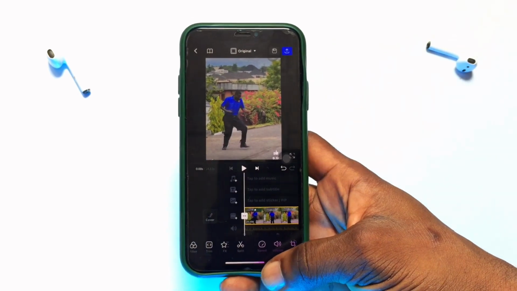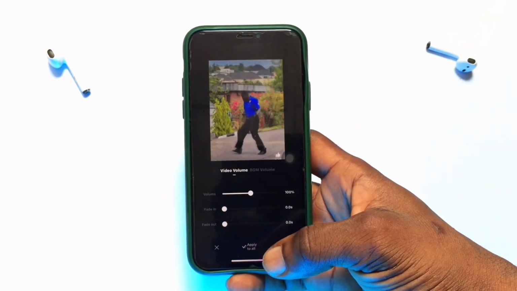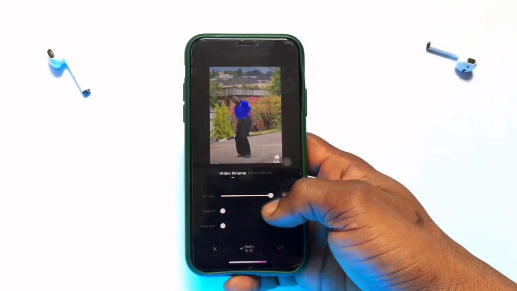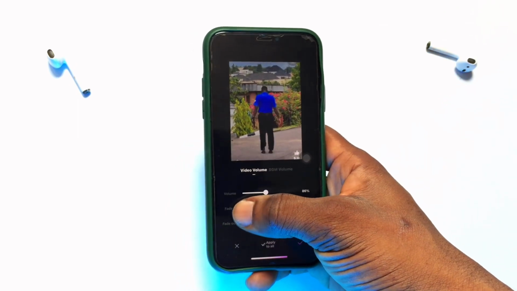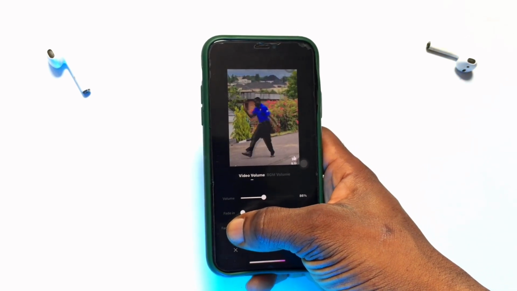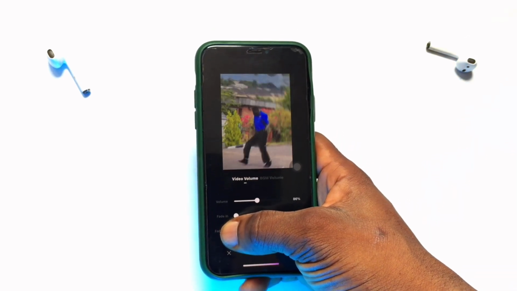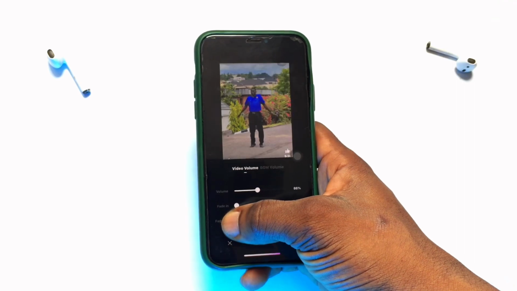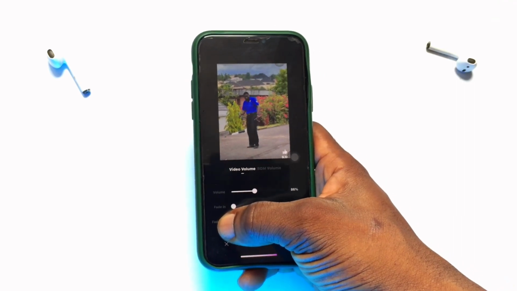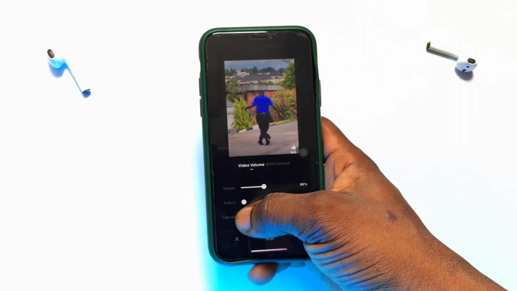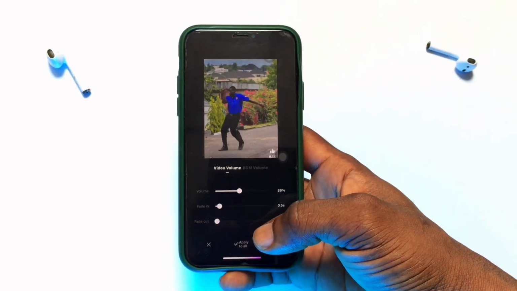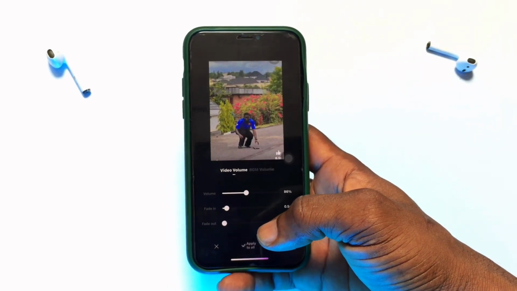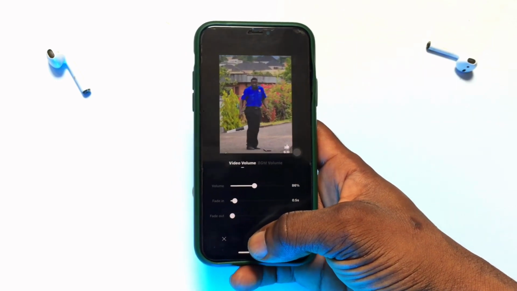We go quickly onto volume. So volume basically means you want to increase or decrease the volume in that particular video. So we have fade in. Fade in basically means the audio in the video will begin a bit slowly before it is heard all loud. So for instance, if the video is coming in, the audio will take about 5 seconds to rise to the normal 100 level that it should be, and then